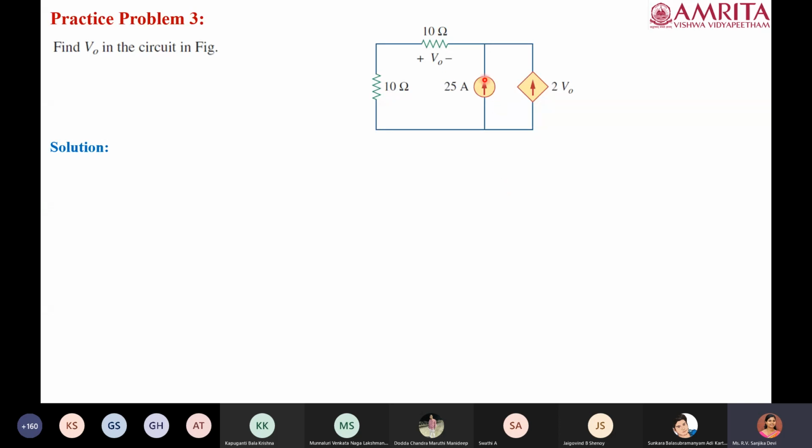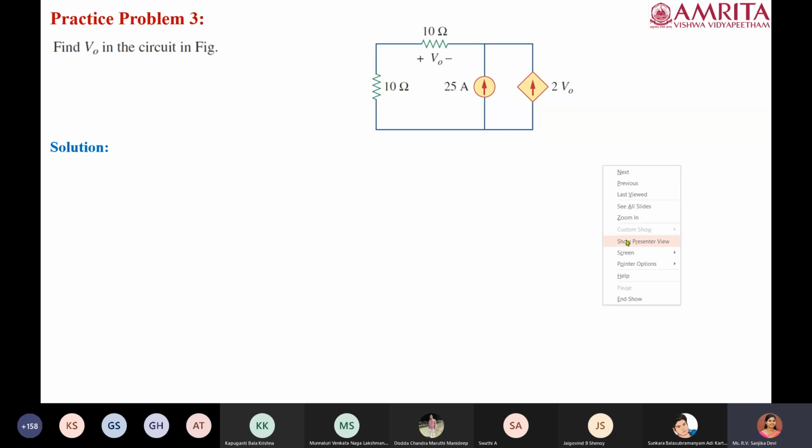Here we have two sources where the direction of current is already given, and we have two elements in series. Applying KCL is more convenient here because the sources are in parallel to each other. So for these two sources, you will not have any difficulty in writing the KCL. I will give you a hint for writing the current for the first element. How do we write it? Both the 10 ohms are in series with each other, right? When they are in series, it means that the same current has to flow through them, right?